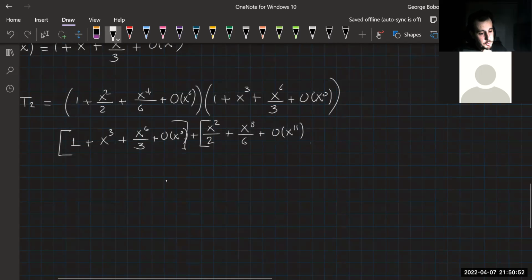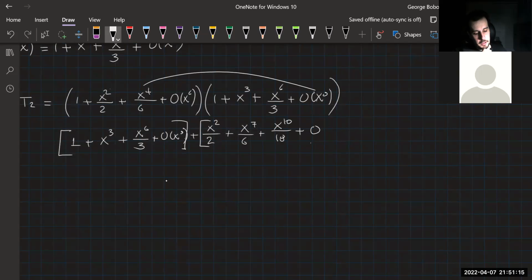Hold on, I made a mistake here. x squared over 2 times 1. x to the 7 over 6, and then x to the 10 over 24. Nope, over 18. Okay, and then the last one would be other terms x to the,